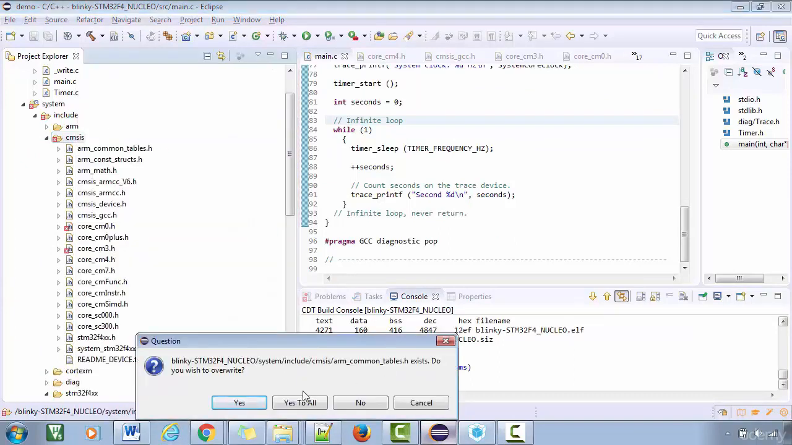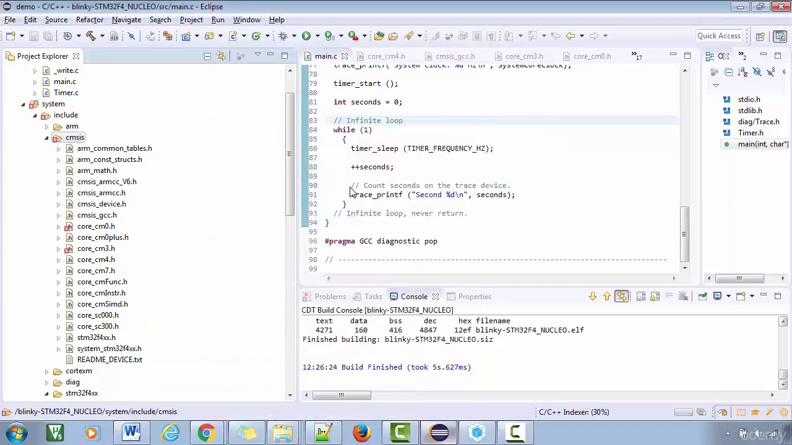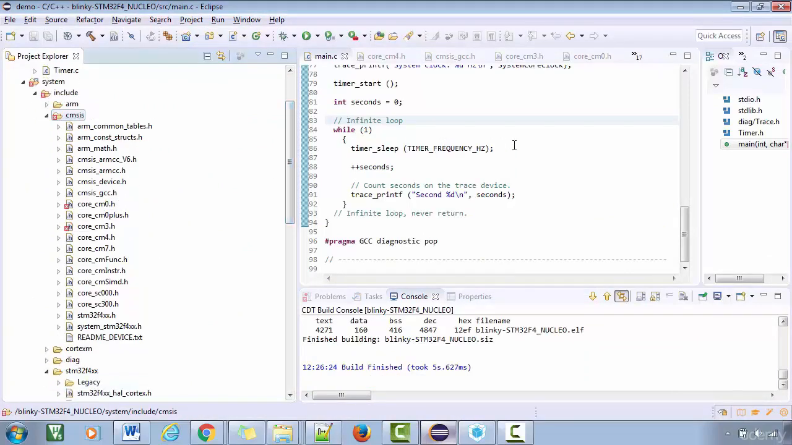It will ask that, so it will ask to overwrite. Okay, click yes to all. Okay, so all are updated with the latest. All right, great. So now what you have to do is